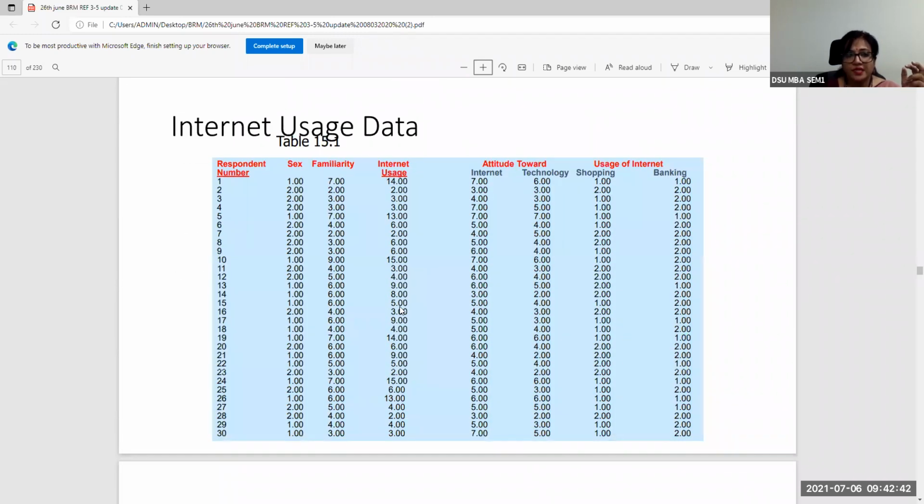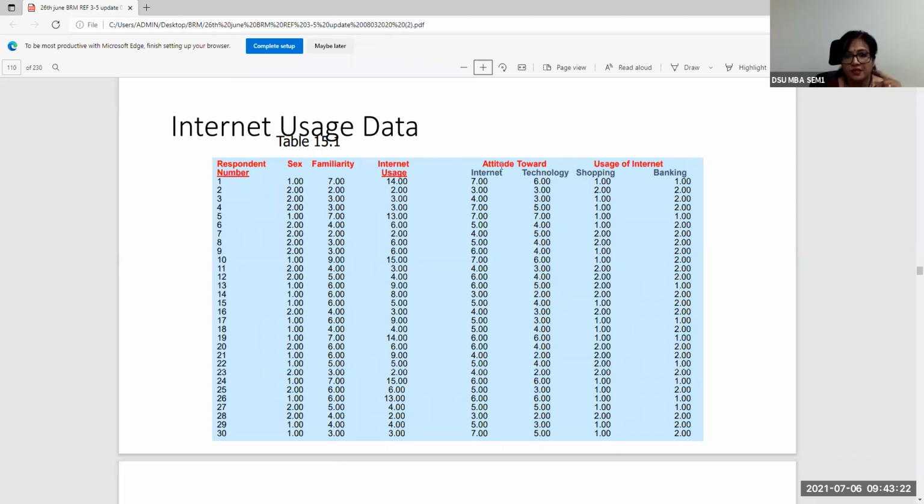So supposing you have this kind of data which is similar to the data that you have collected. Supposing you have certain respondents, say about 30 respondents, and then some data has been collected about their gender, again coded with 1 and 2, and their familiarity towards the internet, usage of internet, all right, attitude towards internet. These are all scale variables. So from the third column onwards, it is a scale variable. So you're asking some people to tell whether they are male or female, how familiar they are about the internet on a scale of 1 to 7, about their usage in hours, number of hours. So what you see here, 14.00 is 14 hours, 2.00, so like that.